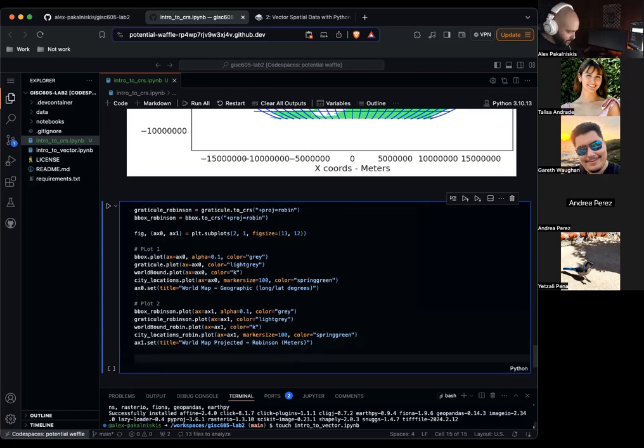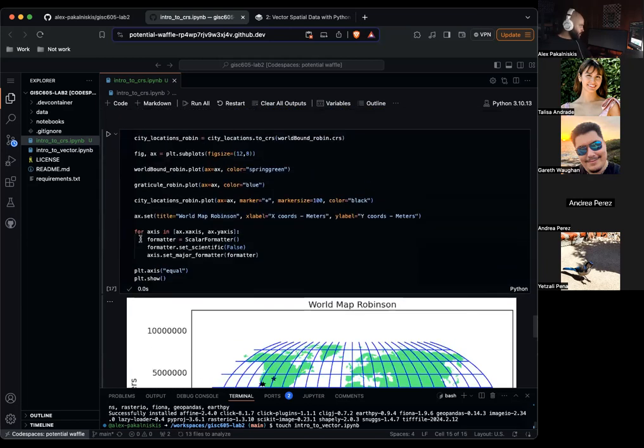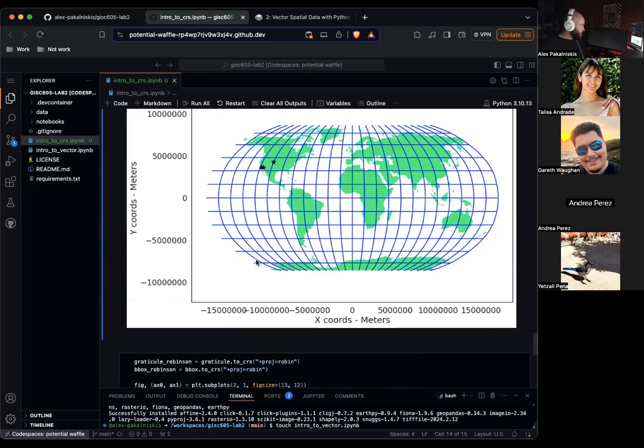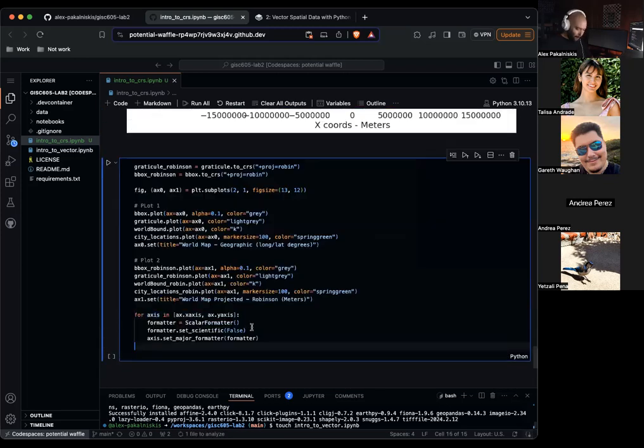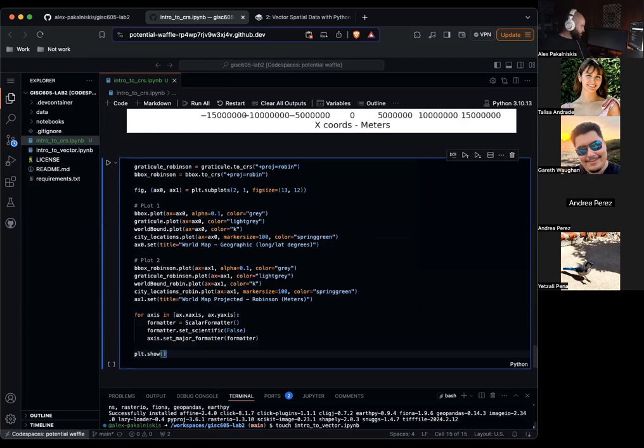And then one last section. Axis in ax1.x-axis, ax1.y-axis. Actually, I'm going to copy that from here. Then let's do a plt.show.